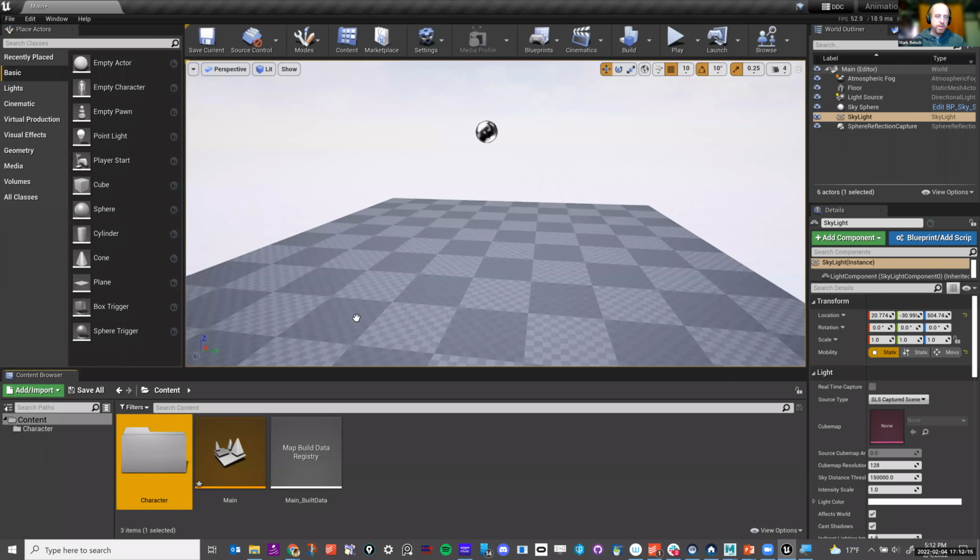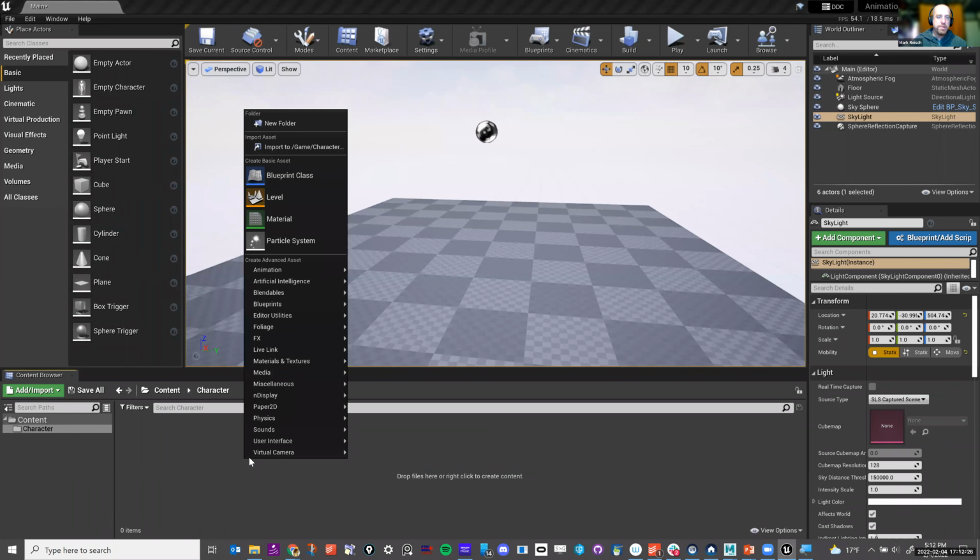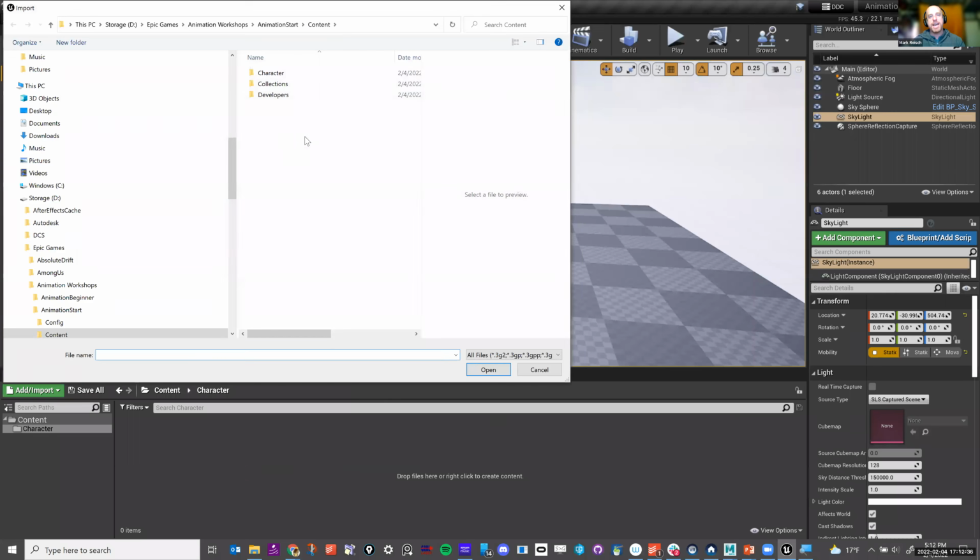Okay, and then I'm just going to double click into it. And now I'm in my character folder, and you can see that I'm in content and then character folder, and there's nothing in that folder. If I right mouse click and then go to import to game, this is where you're going to be doing a lot of your importing, just by going to import assets, and it'll import either textures or whatever you want to import. This is like a universal importer.